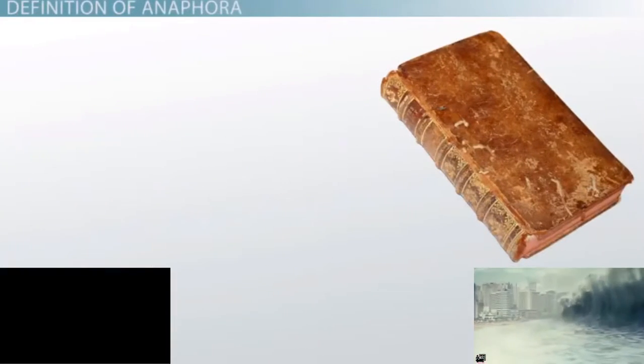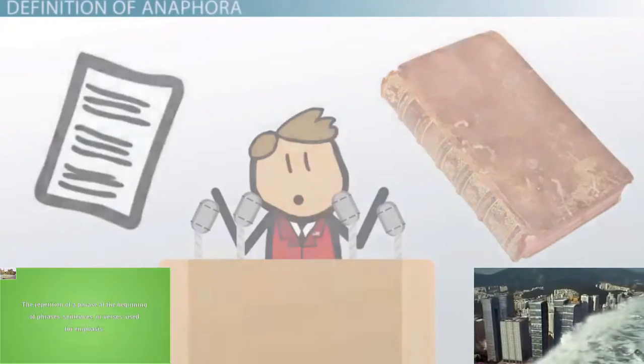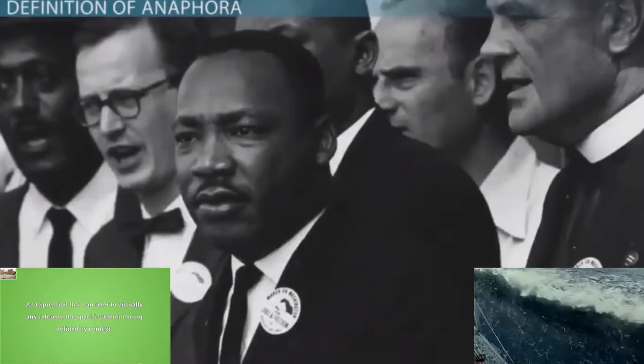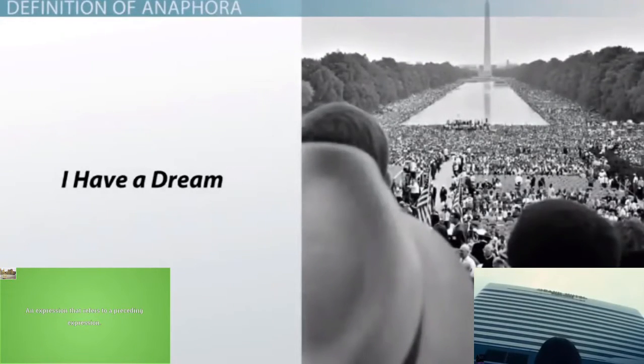but it's most commonly seen in poetry, essays, and formal speeches. Martin Luther King Jr.'s speeches and sermons are full of instances of anaphora. In the following example from his famous I Have a Dream address at the March on Washington, the underlined words